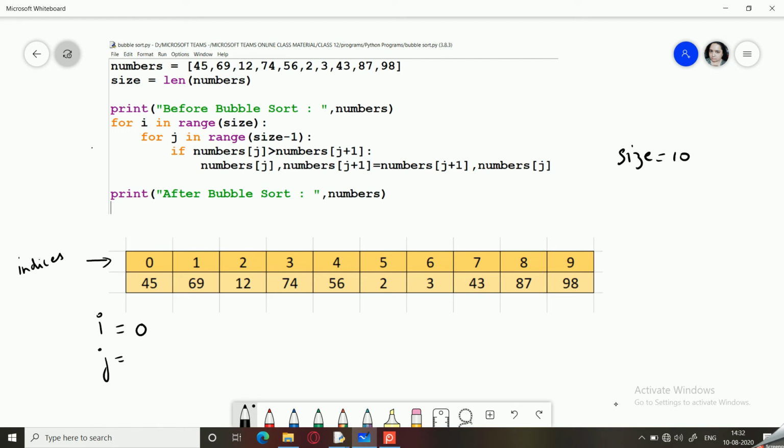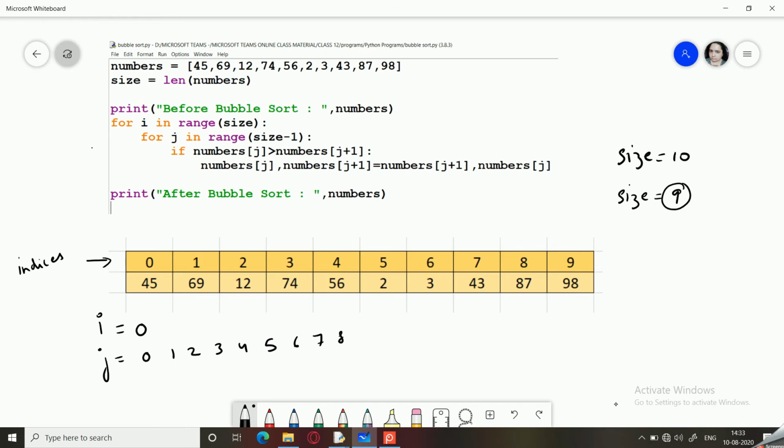So over here j will take these values 0, 1, 2, 3, 4, 5, 6, 7, 8. Because size - 1 represents 9, and as we know the range function excludes the final value, the final value 9 will be excluded.